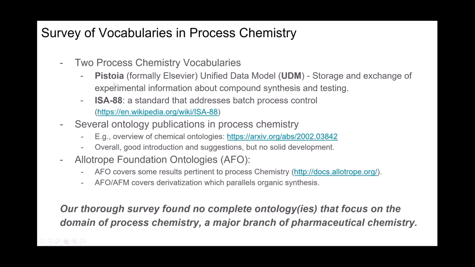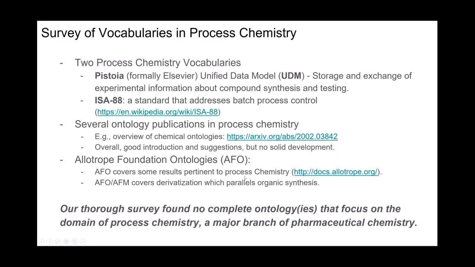So one is the Pistoia Alliance, formerly Elsevier. They have the unified data models. And then we have ISA-TAB. So they are dealing with different parts of the process chemistry. They provide vocabularies. And then we have the